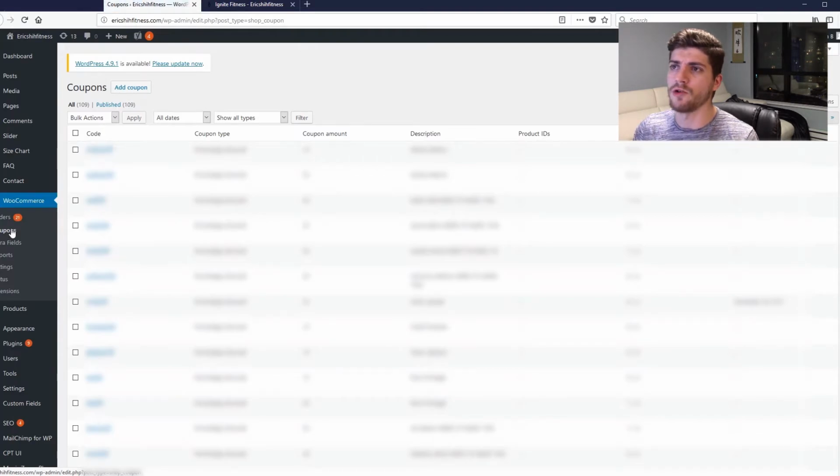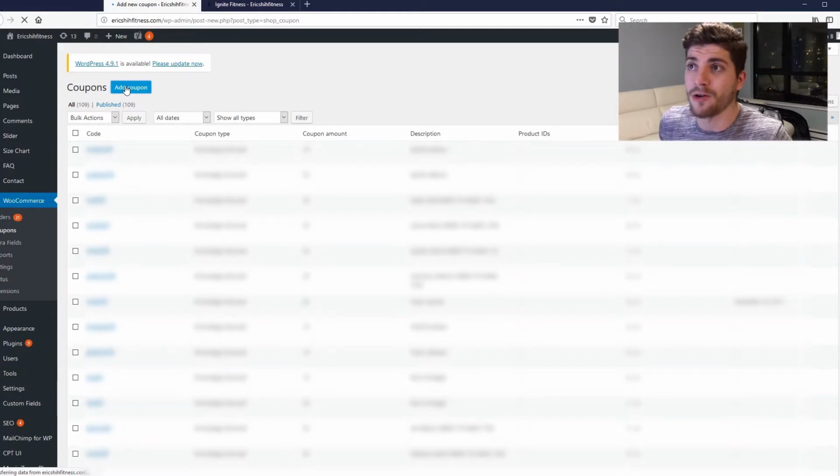Coupons. If you do decide to run a promo and you want to make something unique for, like, a season promotion or just a regular promotion you want to run, this is where all the coupons will go. Now, just like adding a page and just like adding a product or a user, it's the same style of everything. So you click on add a coupon at the top,